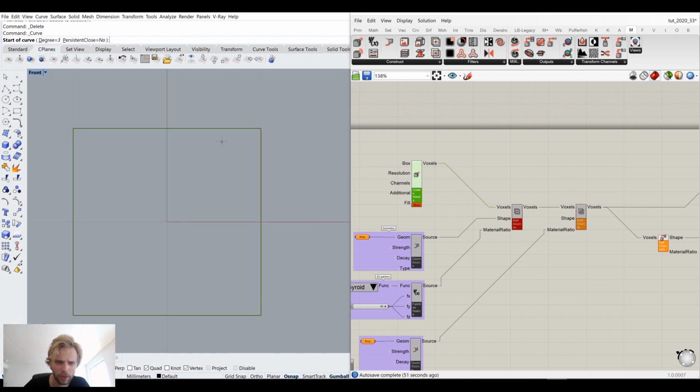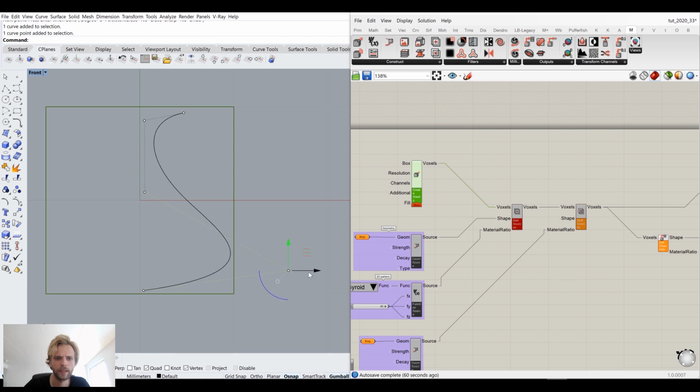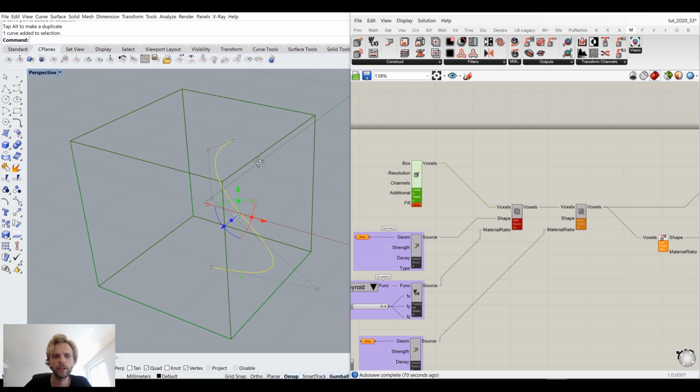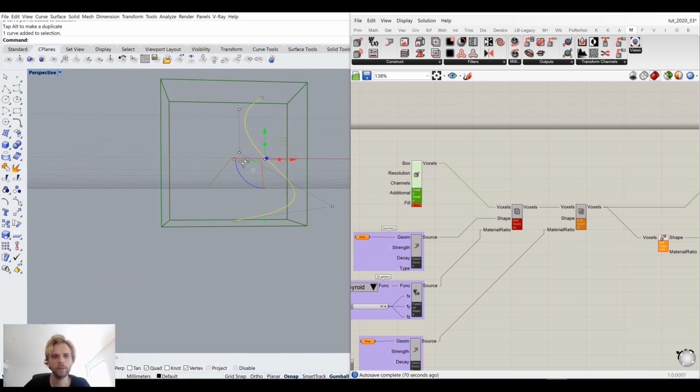So I'll take a control point curve and I'll just draw something like, what kind of vase should we do? Something like this maybe, just a little bit. Actually, proportion wise, it's kind of okay. Yeah, maybe a little bit wider here. Yeah, that's fine. So I have my profile curve here drawn like that, and I will just simply